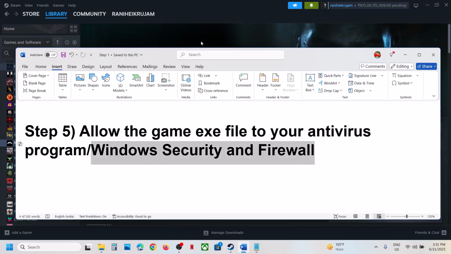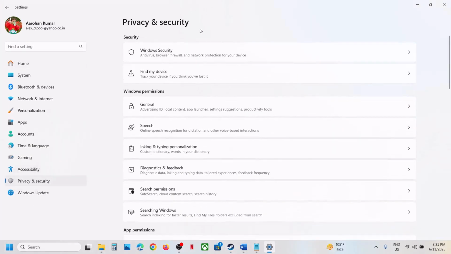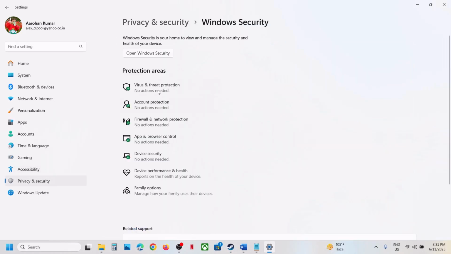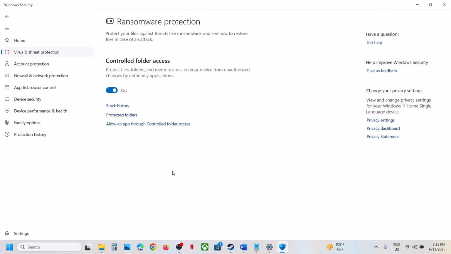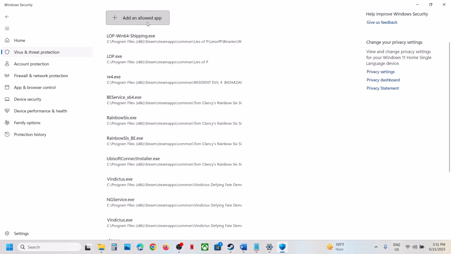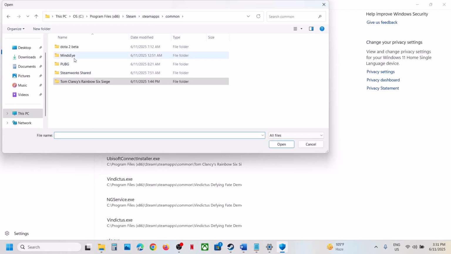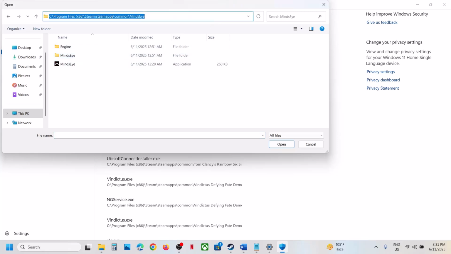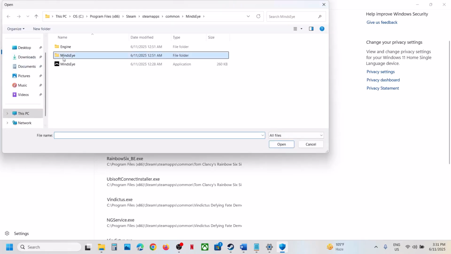Now if you're using Windows Security, in that case open Windows Settings, go to Privacy and Security, then click on Windows Security and then click on Virus and threat protection. Scroll down at the bottom, you will see Manage ransomware protection, click on it, then click on Allow an app through Controlled folder access, click on Yes to allow, and then click on Add an allowed app, click on Browse all apps. Now go to the game installation folder and then open the game folder. In my case the location is this, and then select the game exe file, click on Open, again click on Add an allowed app, click on Browse all apps, and then open MindsEye, Binaries, Win64, select this exe file, click on Open,